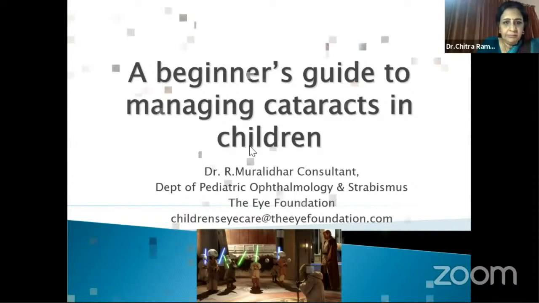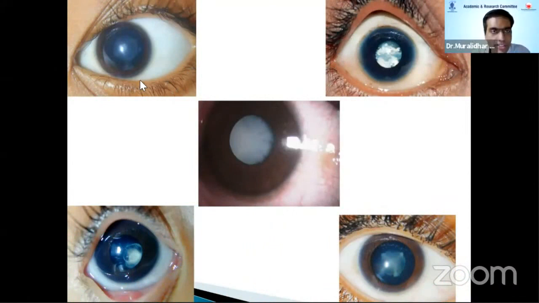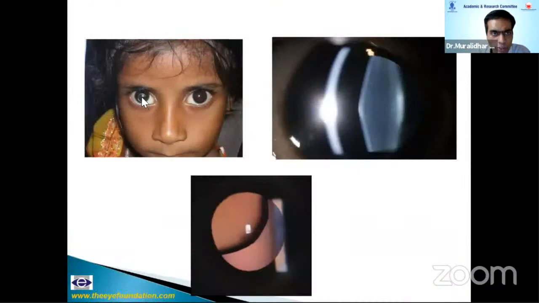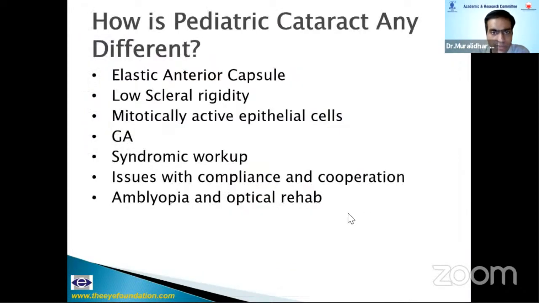Okay, thank you. So cataracts in children come in a variety of morphology. Like this is a lamellar cataract. This is a lamellar plus sutural cataract. This is a lentiglobus and there is a PFV stalk here. This is a child with microspherophakia and the crystalline lens luxated into the anterior chamber. This is ectopia lentis and this is anterior lenticonus seen associated with Alport syndrome.